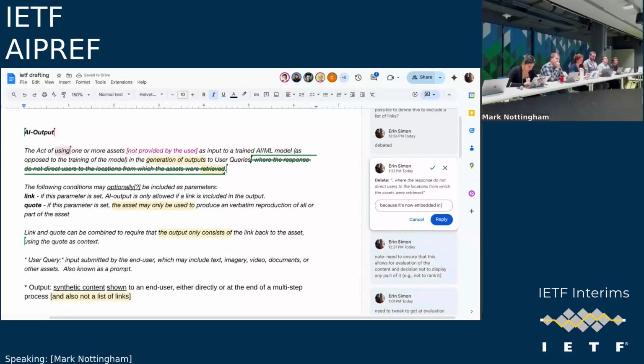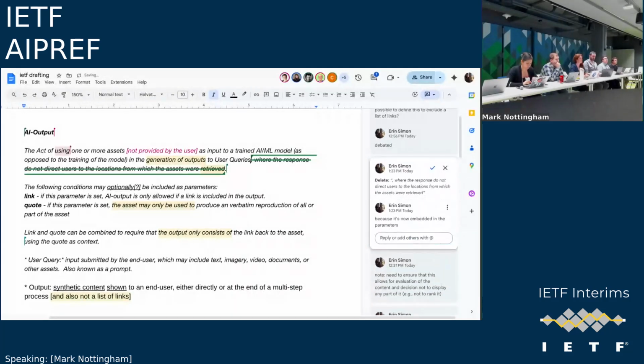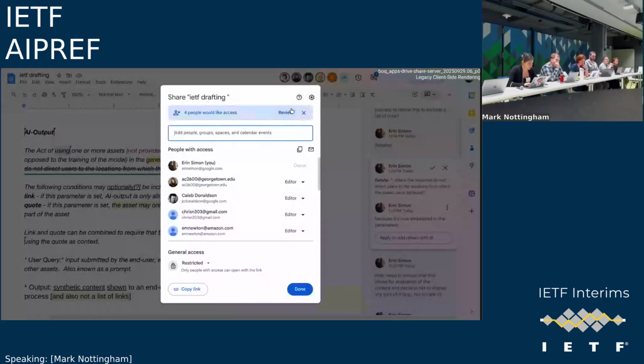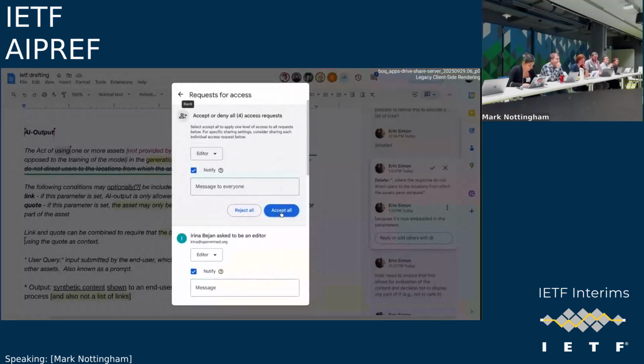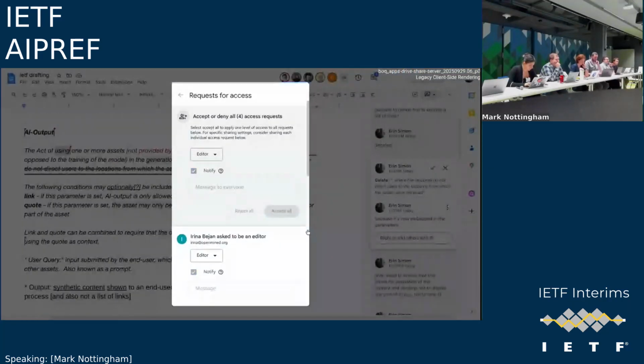I want to add one more thing about the way this is interpreted. It's probably fine, but this is in the yes state. This is coherent. This makes a lot of sense. In the no state, I'm not sure how much sense it's going to make to say you can use it if you don't provide a link, you can't use it if you do provide a link. Maybe that makes sense, but maybe it doesn't. So I just want to flag that point. But I'm sure we can find some way to make that work if we felt this is otherwise fine. I would definitely want people to focus on whether this is the right direction, not whether this text is exactly correct.